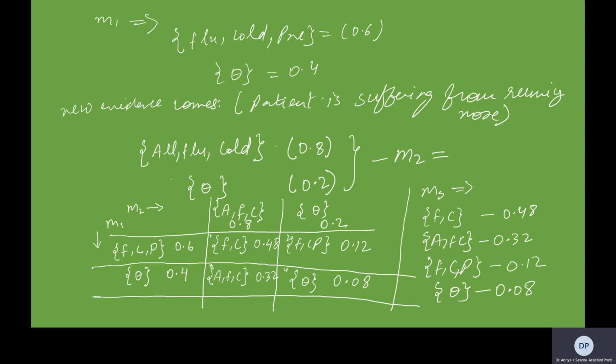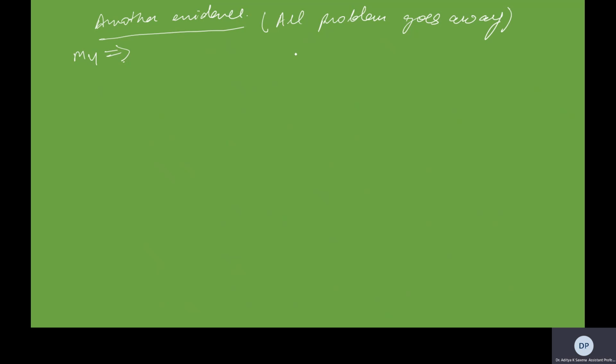Now suppose in the question there is another evidence. This evidence will create M1, M2 we have done, M3 we computed. This another evidence will create a hypothesis M4. Fine. The problem goes away, when